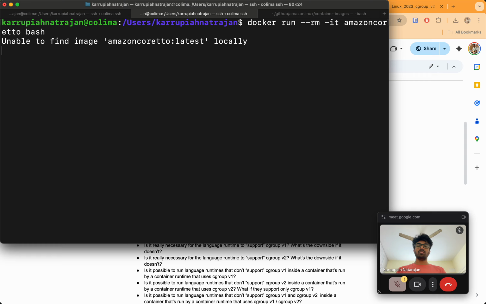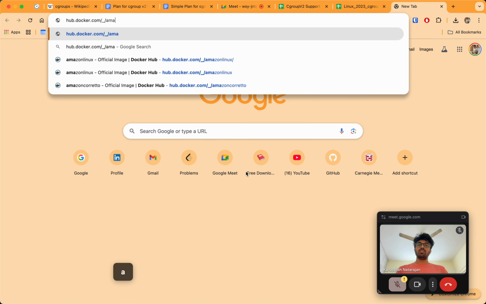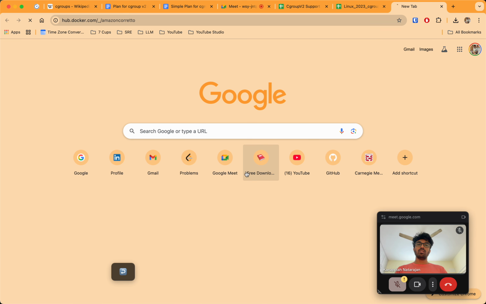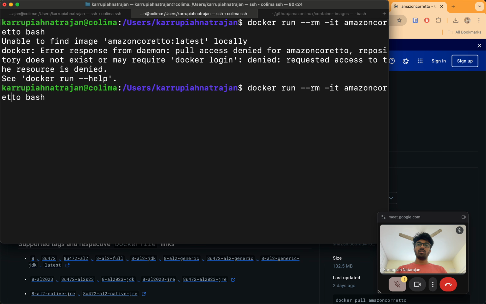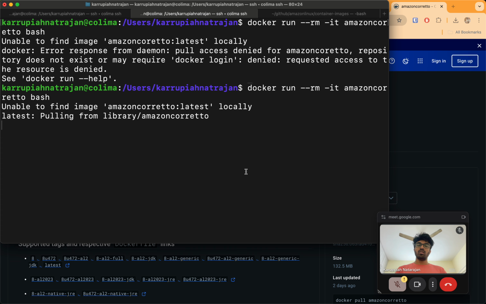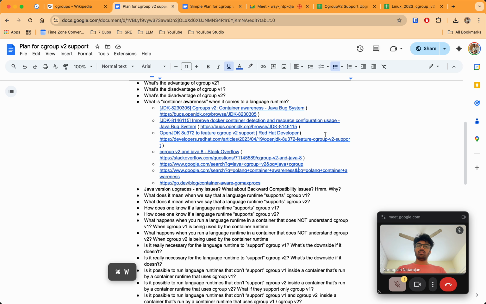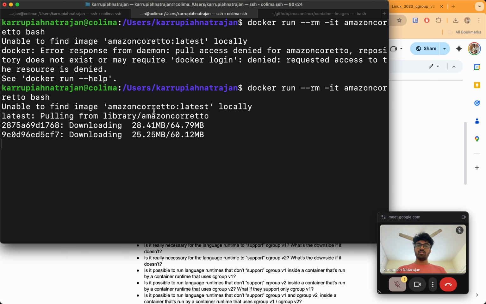Docker Hub, Amazon Corretto. Anyways, it's pulling in. Let's see which version of Java it pulls in. It has some 120 MB, I think.